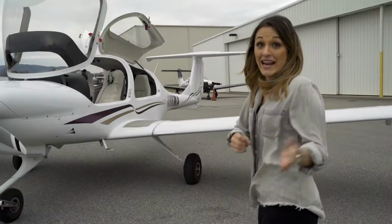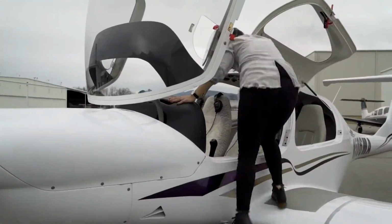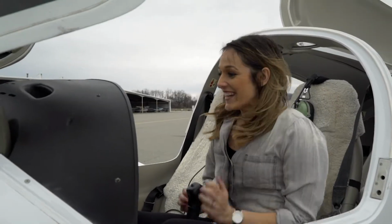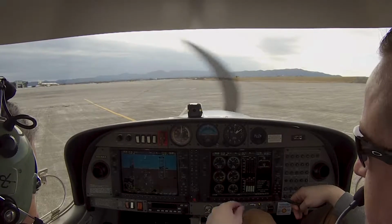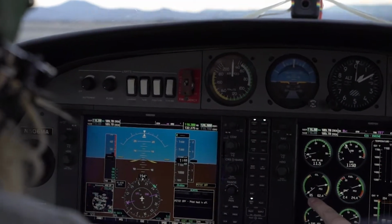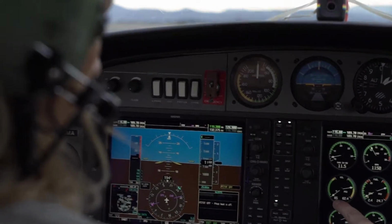Is it time? Time to go fly. We got into the plane and I realized that it was much smaller than any plane I have been in before. I was a little nervous, but very excited. All right, you ready to go? Ready. But before we could take off, Andrew had to talk to the tower in what sounded to me like